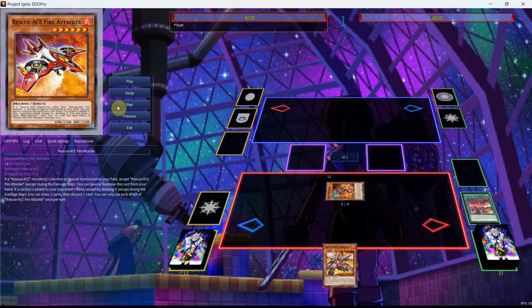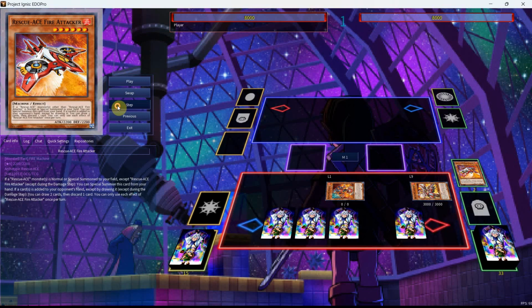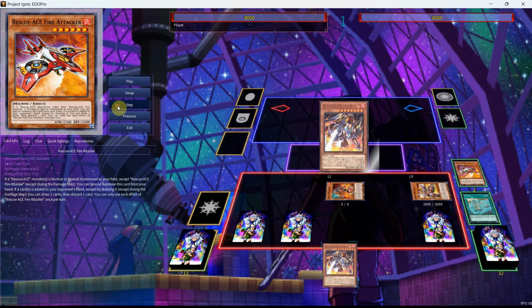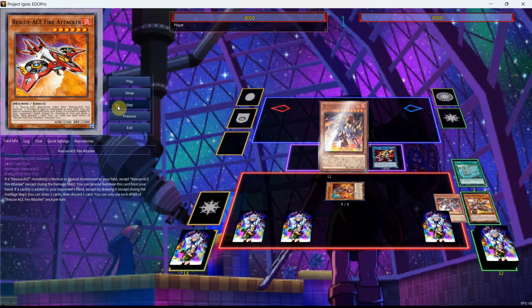With the two Rescue Ace cards in the graveyard, we'll be able to banish them so that we can special summon out our Turbulence, then use the effect of Turbulence, getting our set 4, and now we'll be able to use the effect of the Alert, much like last time, to get our Preventer, and then we can special summon out the Preventer with the Alert in graveyard, as we'll then go into our Sunlight Wolf, use the